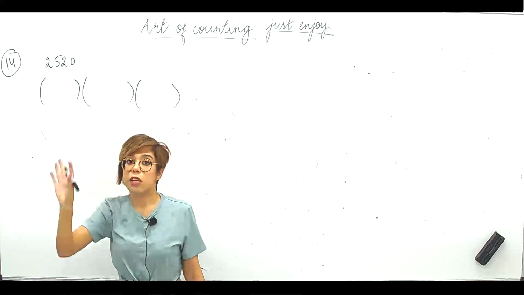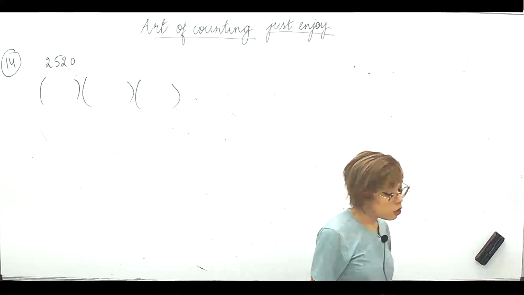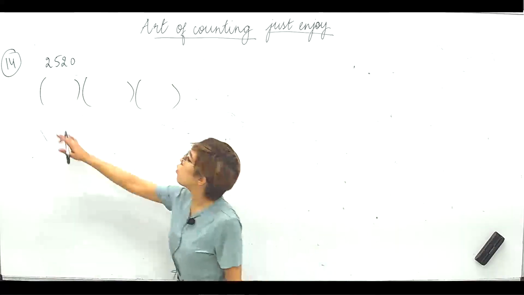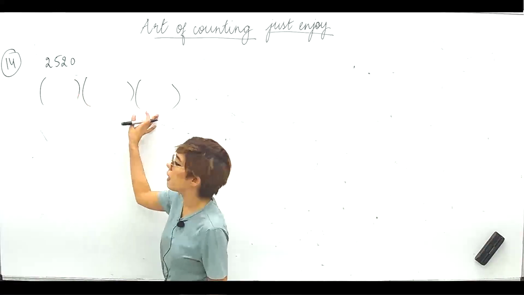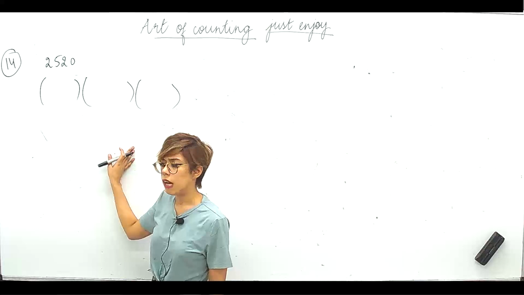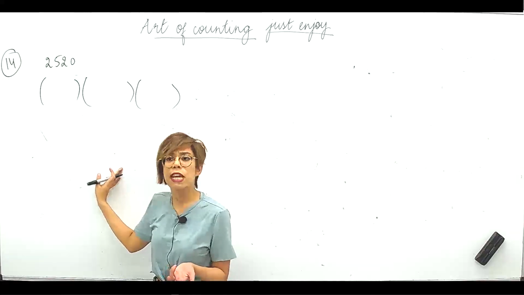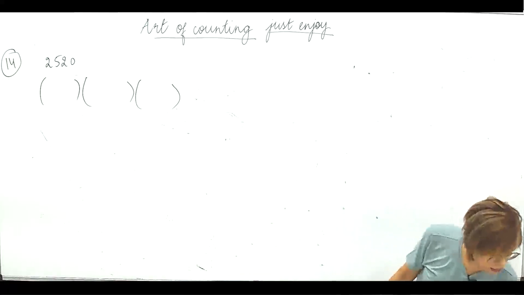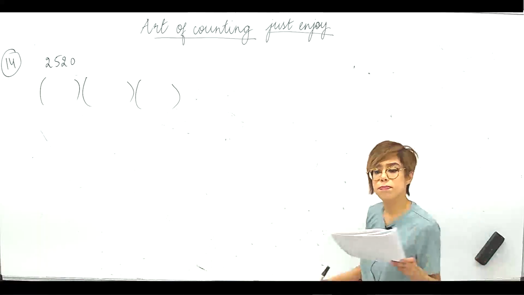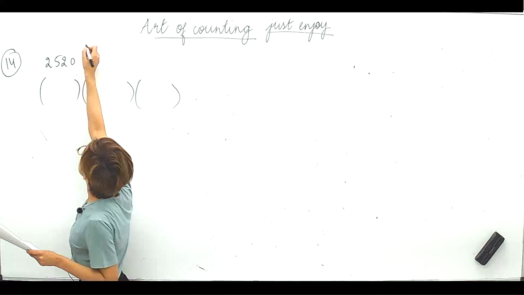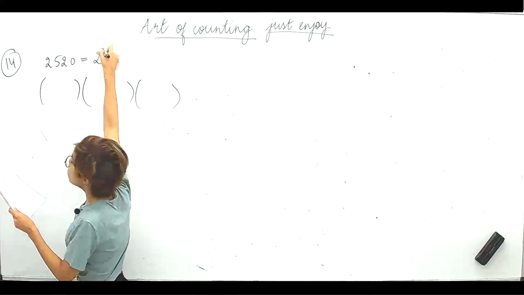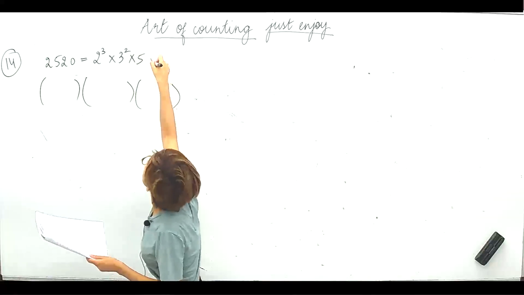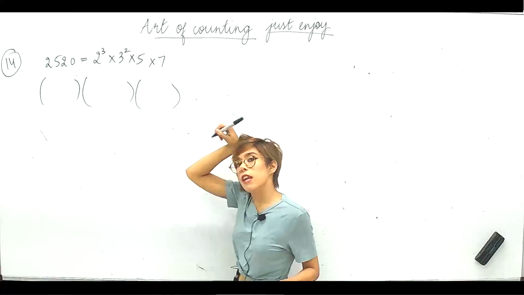Obviously यहाँ पे 1 नहीं होना चाहिए, right? I need to find the number of ways. Okay. Now I need to write this number as product of factors, right? I think I'll be able to do that easily if I know the prime factorization. Now first of all we'll write the prime factorization of this number, which obviously you will find out, and it will turn out to be 2 cube into 3 square into 5 raised to 1 into 7, right?